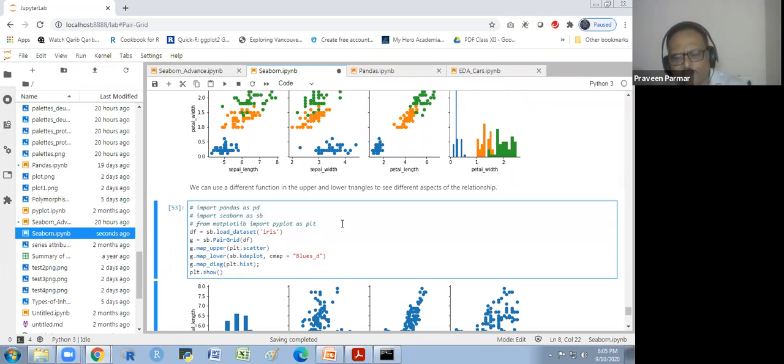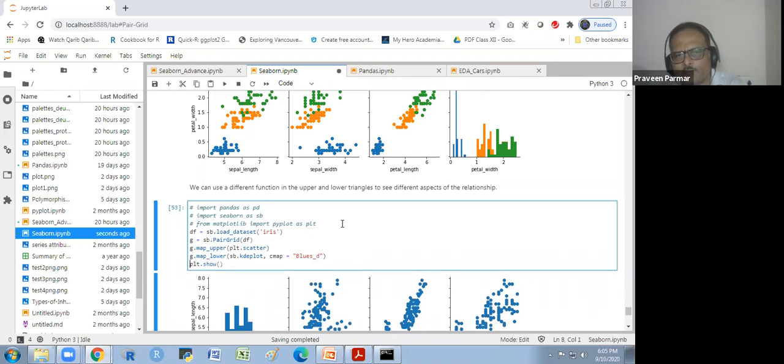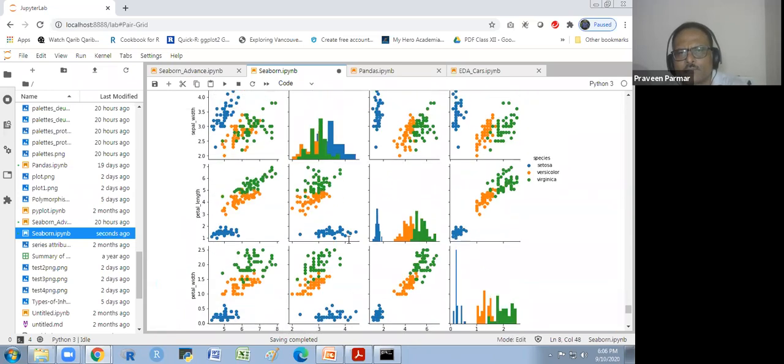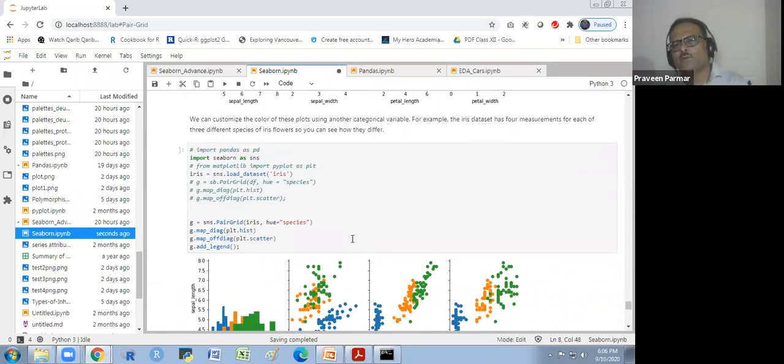So does that make sense to you? So this was all about Seaborn, and now you have to practice more on this. Visualization is not a very small topic; it's a very wide topic, and there are so many permutations and combinations in visualization.